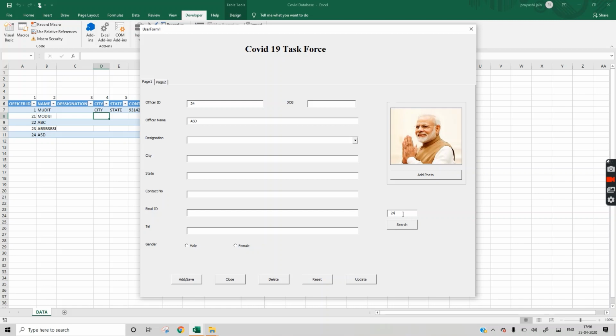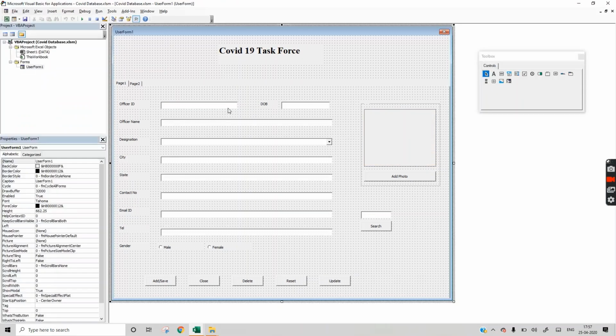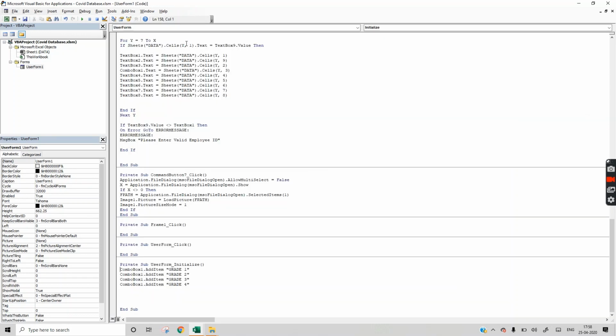Now we want to bring an automatic officer ID number. Whenever this user form will show, this number should automatically be the number which is +1 of the last number. So what we will do, we'll press this user form, double click. Whenever this user form will initialize, we should see the last used number +1. For that, TextBox1 is equal to